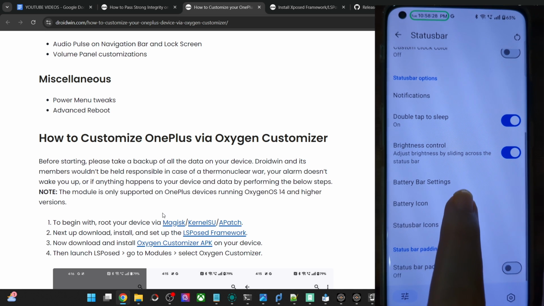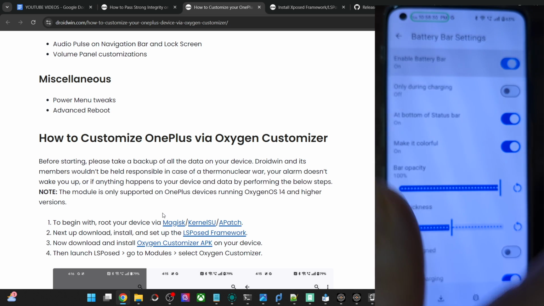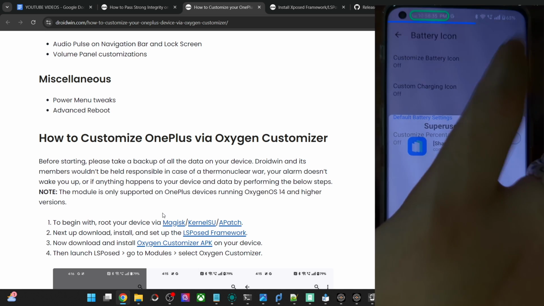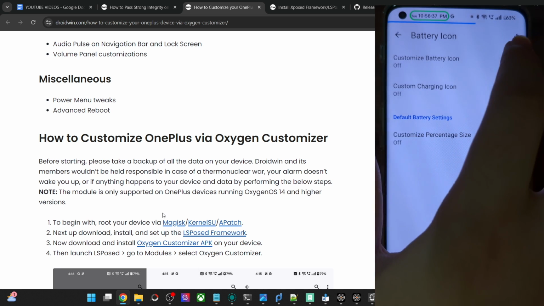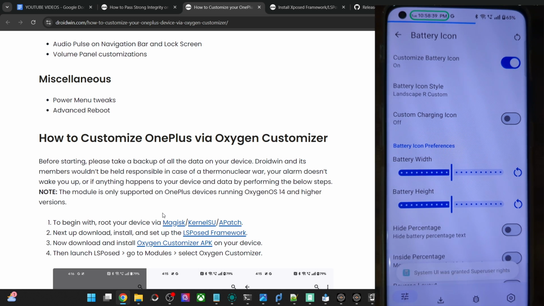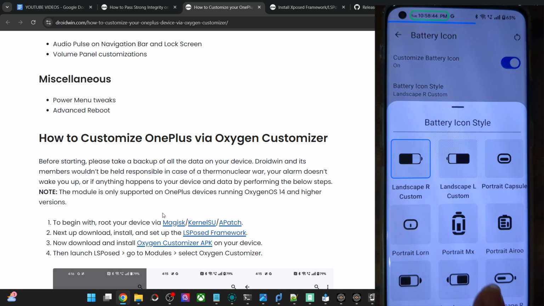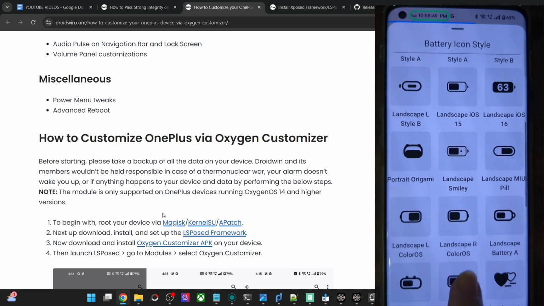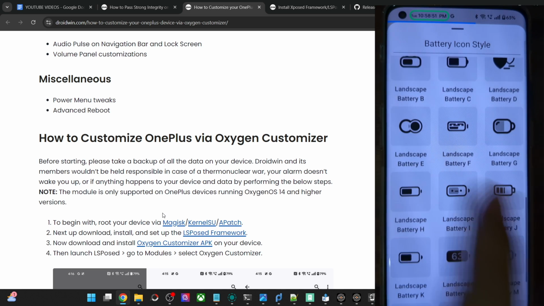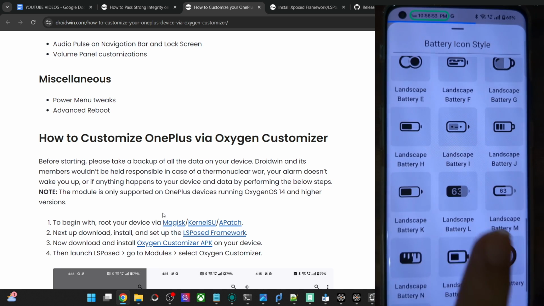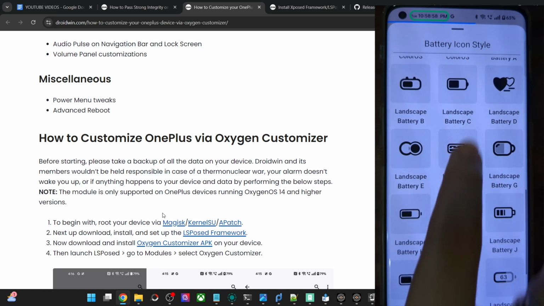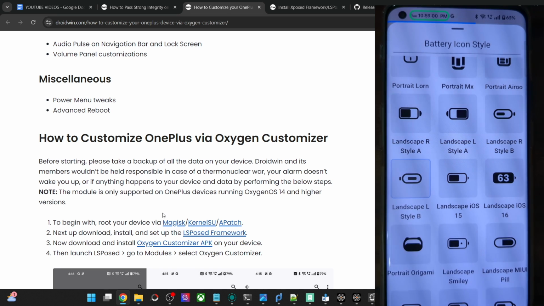And next up we have the battery icon setting. Enable battery bar, which we have already done. Then battery icon. So let's customize the battery icon. You might get a super user request, so make sure to tap on grant. So customize the battery icon. There are quite a lot of battery icons to choose from, as you could see. Let me first show you all the icons. So let's now go with this style, and as you could see the changes have been implemented. Or let's go with this one,